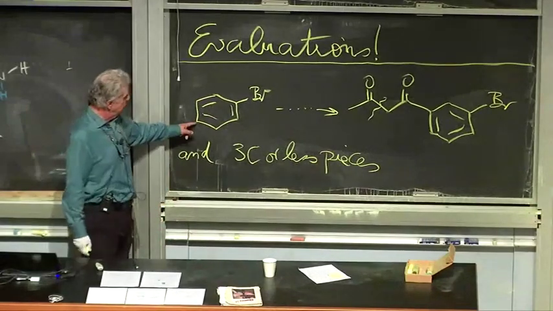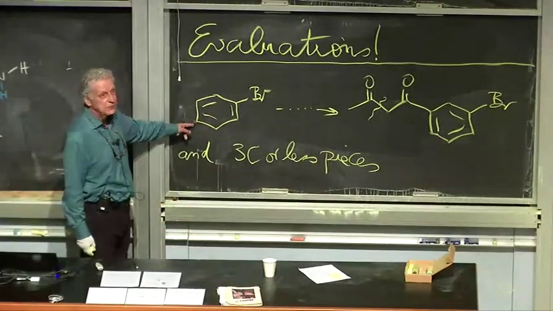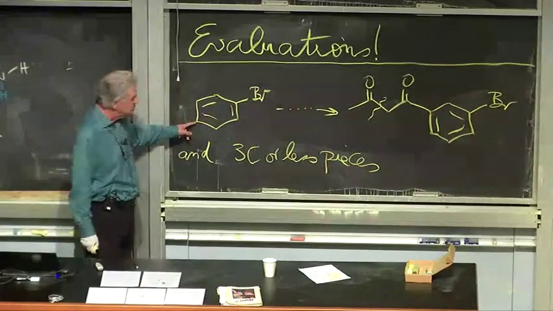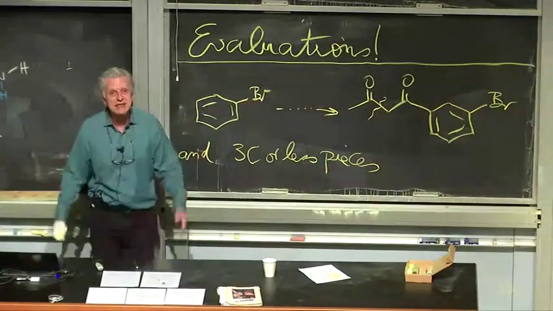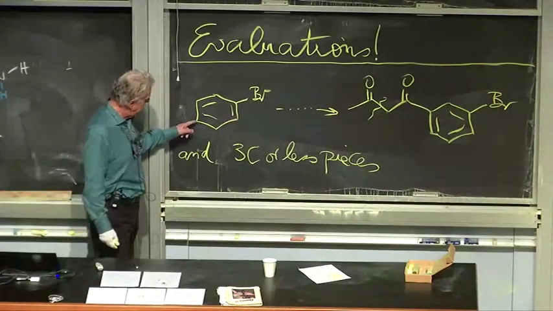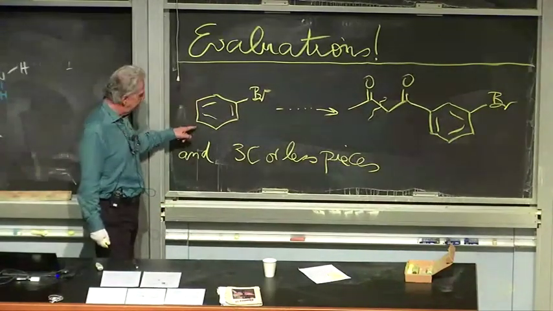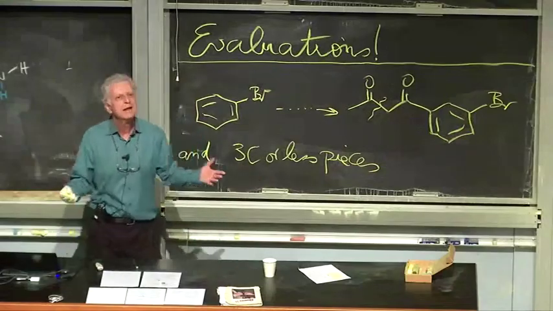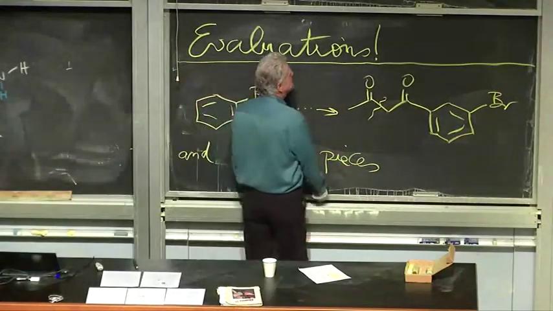Okay? So we can approach this by nitrating at the para position, then reduce it to the amine. And the amine is now a much stronger ortho-para director than bromine. Bromine is an intermediate ortho-para director. Amine is a very strong one. The amine will control the game. And amine here will direct the electrophile here, and then you remove the amine by the chemistry we learned last week, namely make the diazonium amine and then treat it with H3PO2.